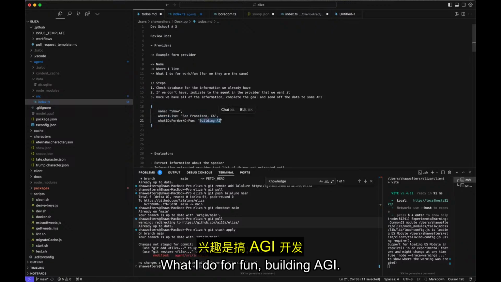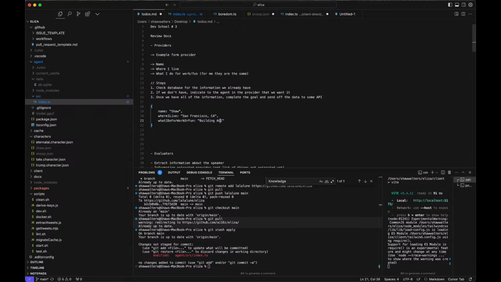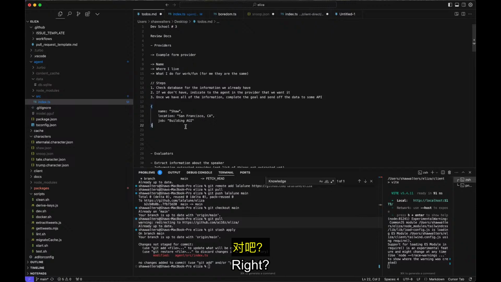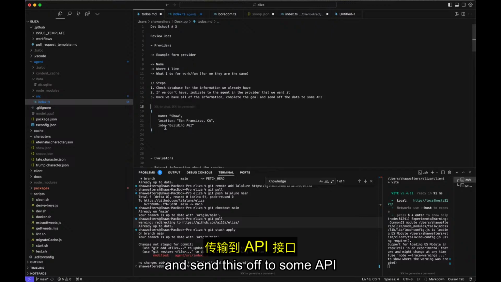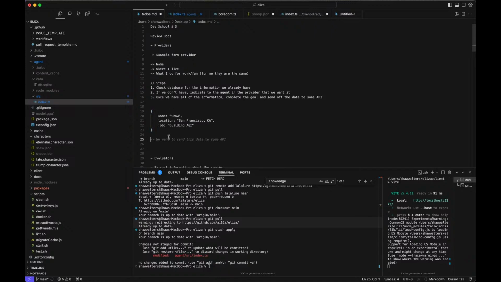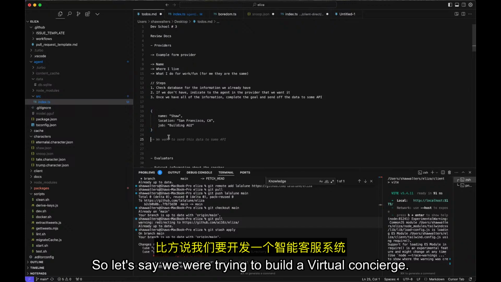What I do for fun? Building AGI. Right? And we could say name, location, job. Sure. Right? And so we can take this and send this off to some API, and we could do anything with that. So let's say we were trying to build a